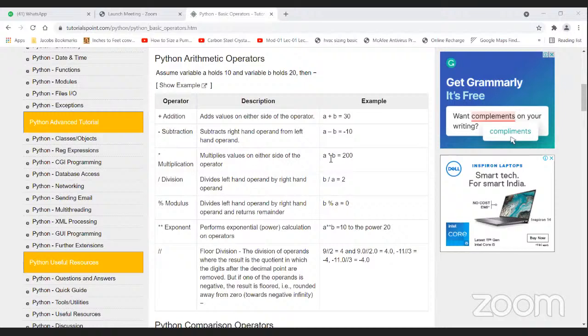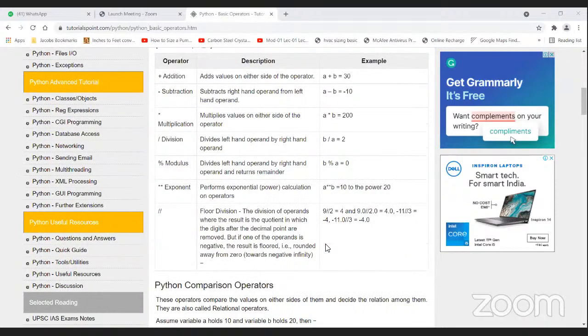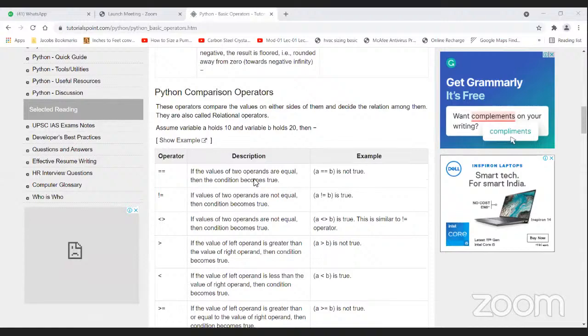Okay, now see the comparison operator. Arithmetic operators perform arithmetic operations. Comparison operators are used to compare values. For example, a variable contains value 2, another value 3, and you want to check whether the value of the C variable is equal